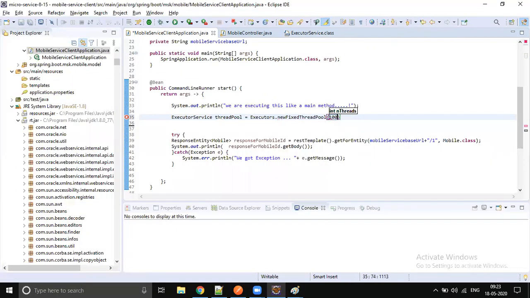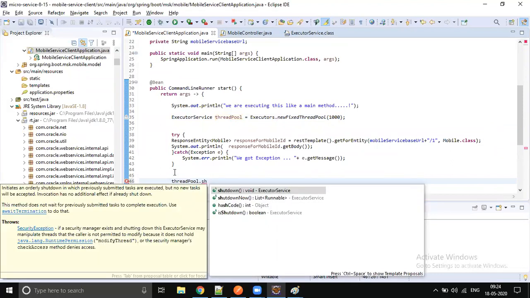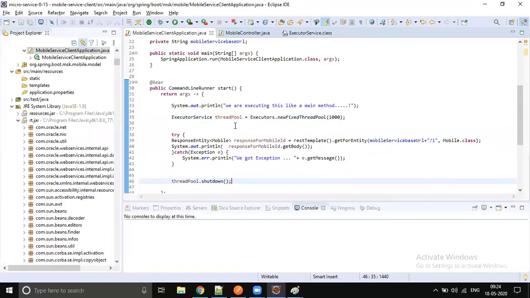Let's create a thread pool with the size 1000. We are creating 1000 threads. Let's shut them down once we are done with the task. Let's close the thread pool.